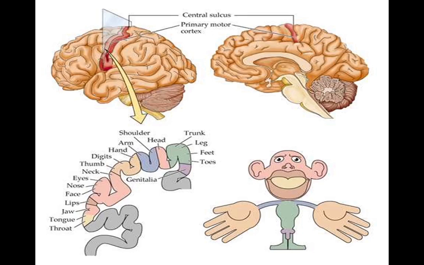We say it's important for planning, initiating, programming of desired movements. But then it is in the primary cortex that we have the representation of the different parts of the body. These are nothing but motor neurons that are positioned in the different parts of the motor cortex. Okay, and all these motor neurons eventually innervate the different parts of the body.